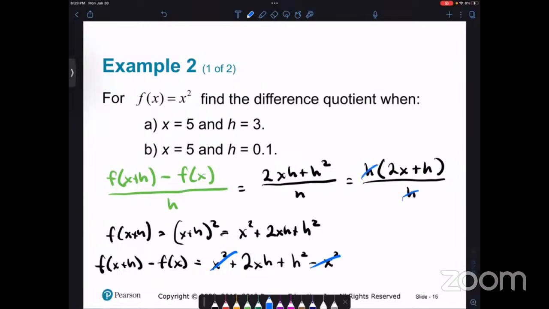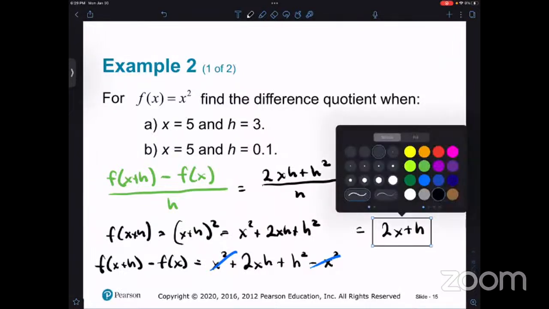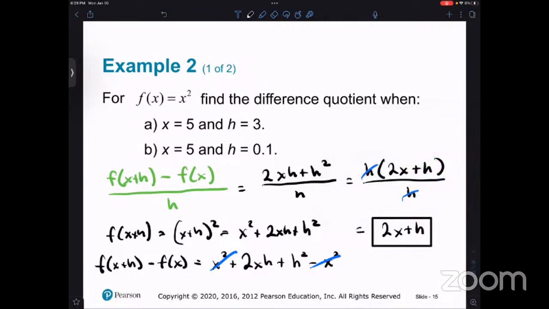Now with this part, there's still one more piece that we need that we haven't talked about yet. For right now, we're stopping here. The additional part would be we would take the limit as h goes to 0, right? That just hasn't come up yet, right? Because then once we take the limit as h goes to 0, we'll have the complete concept of this introduction of how to find the derivative, right?